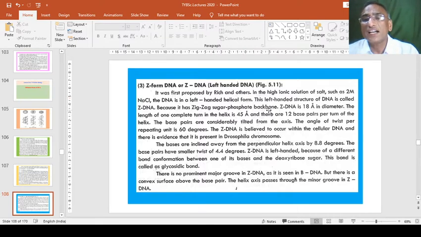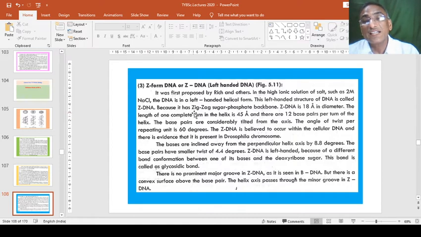In the high ionic solution of salt, such as 2 molar NaCl, the DNA is in a left-handed helical form. This left-handed structure of DNA is called ZDNA